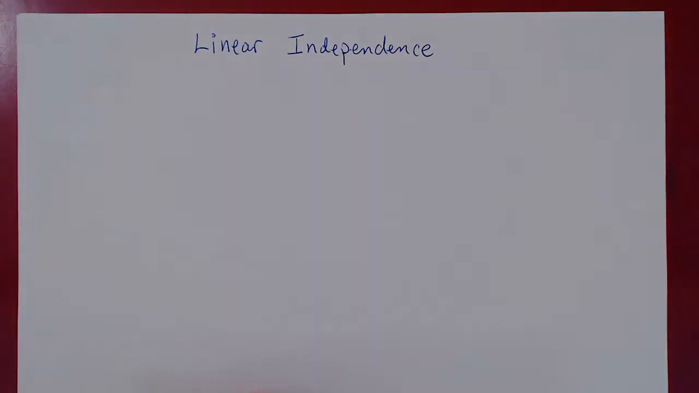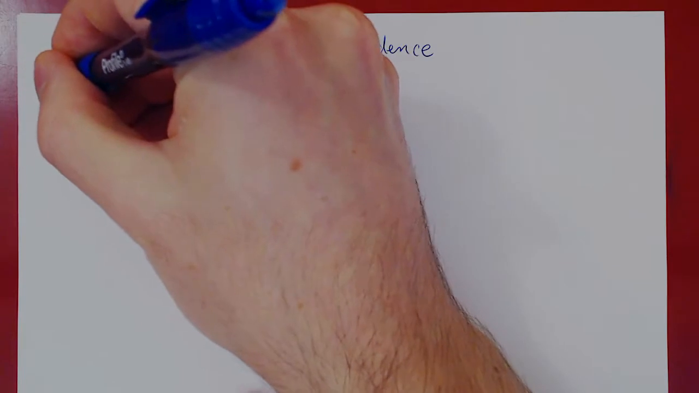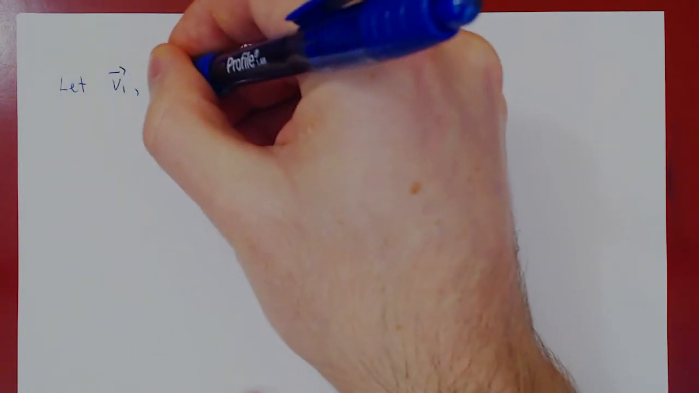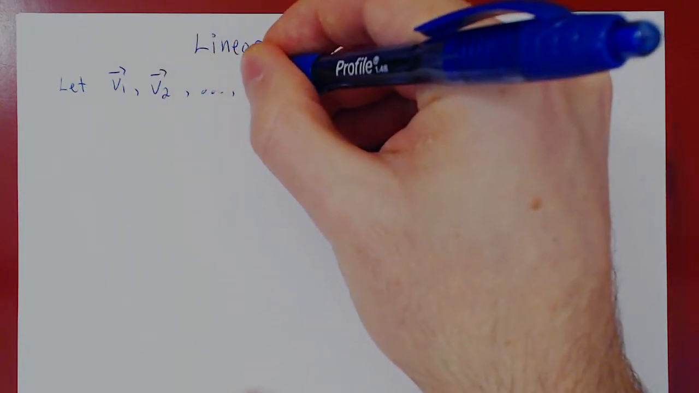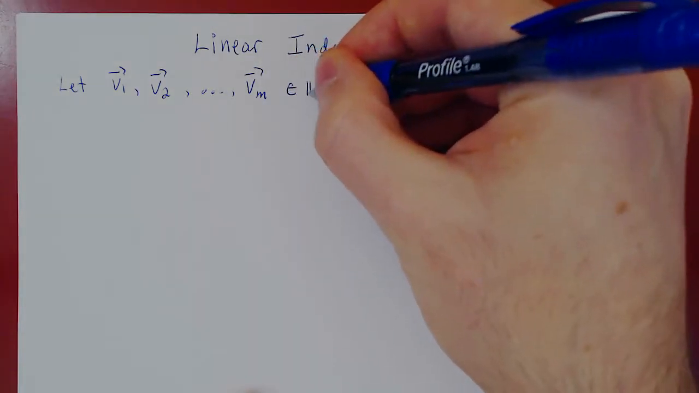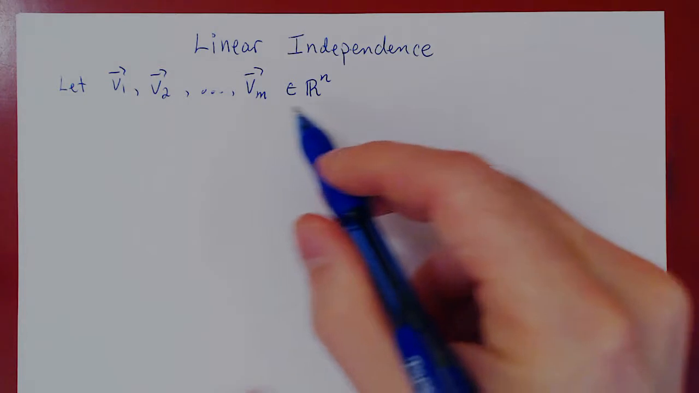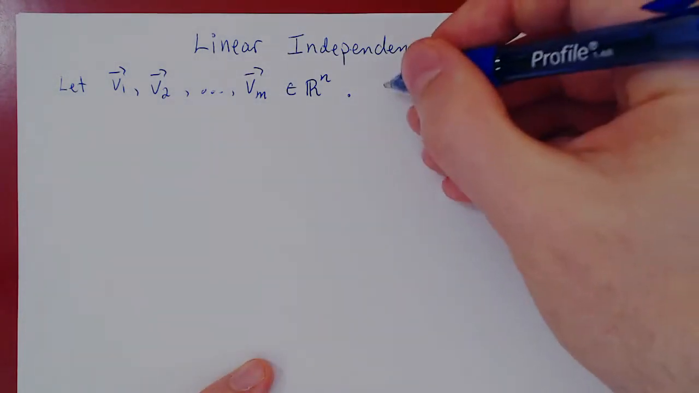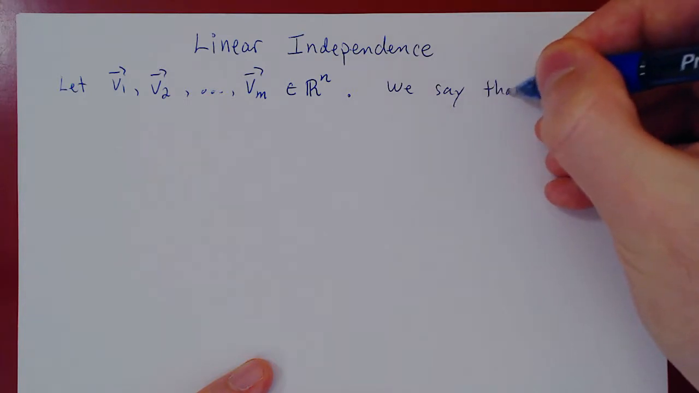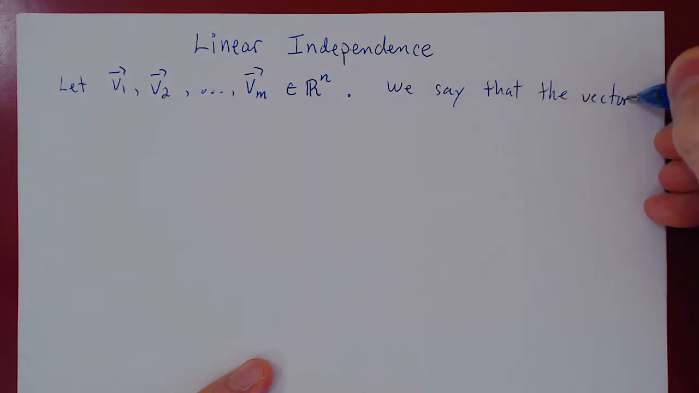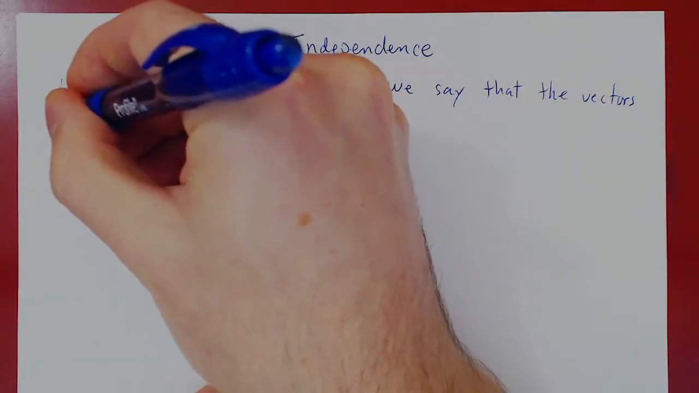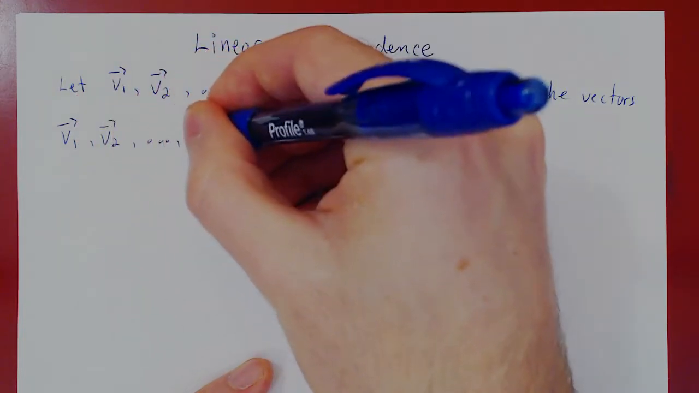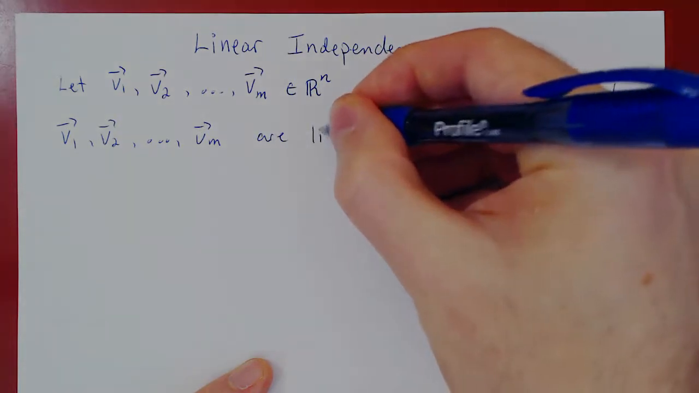So let's define linear independence and see how it relates to our goal of reducing these infinite objects to the smallest number of vectors possible. So suppose you have m vectors, v1, v2 through vm, in Rn. So let these m vectors be vectors in Rn, therefore vectors with n components, and we have m of them. We say that, this is our definition, the vectors v1 through vm are linearly independent